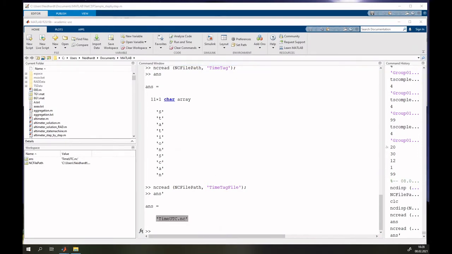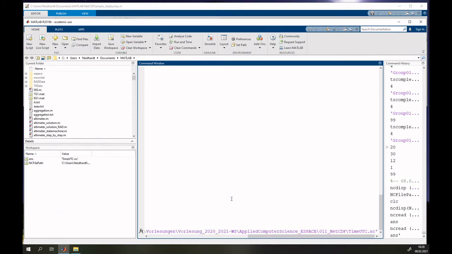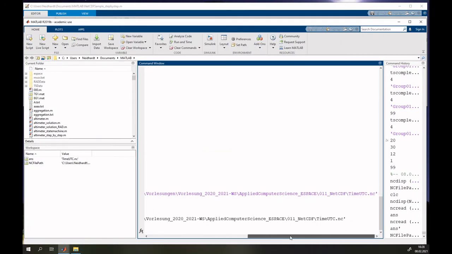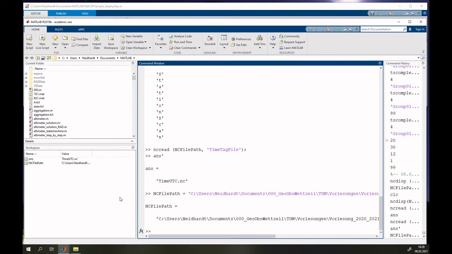We change now the NC file path to this new time UTC NC, and then let's see again what is the content. So usually what you do is, if you get a new format, you directly read the description, the standardization, and then you know what is the content. But with this NetCDF, it's so nice because you directly can work just with this NCDisp, and you can directly check what is the content of the files. So therefore, let's do it, NCDisp,